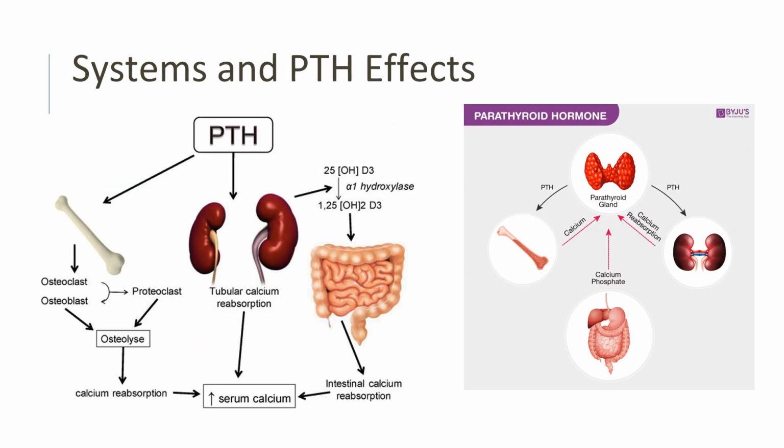So let's spend a little more time taking a systems approach to the effects of parathyroid hormone. Again, we know that the function of the gland itself is to maintain serum calcium homeostasis through synthesis and release of PTH. Within the bones, the skeletal system, parathyroid hormone works at the cellular level by indirectly stimulating osteoclasts. Remember, osteoclasts are the ones that break down the bone. So PTH binds to the cell